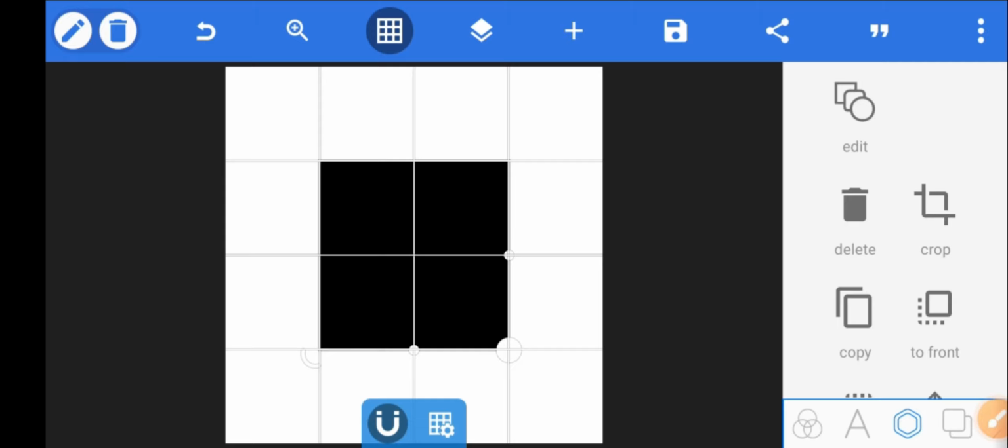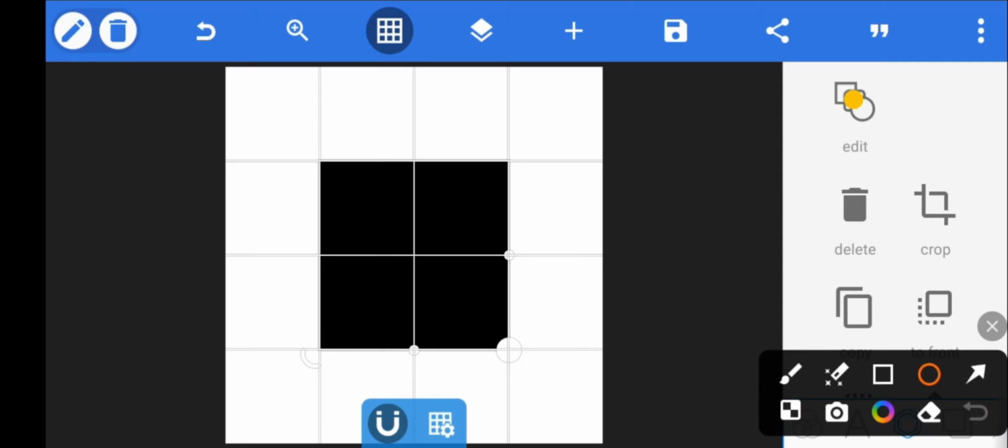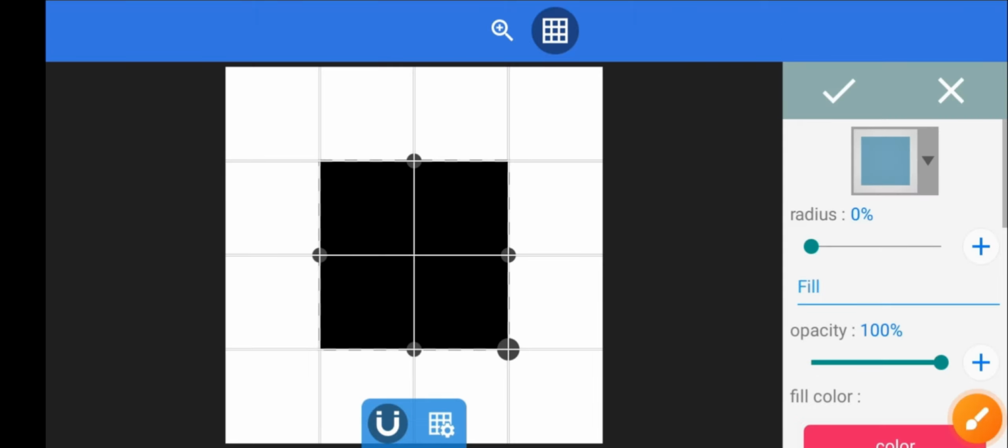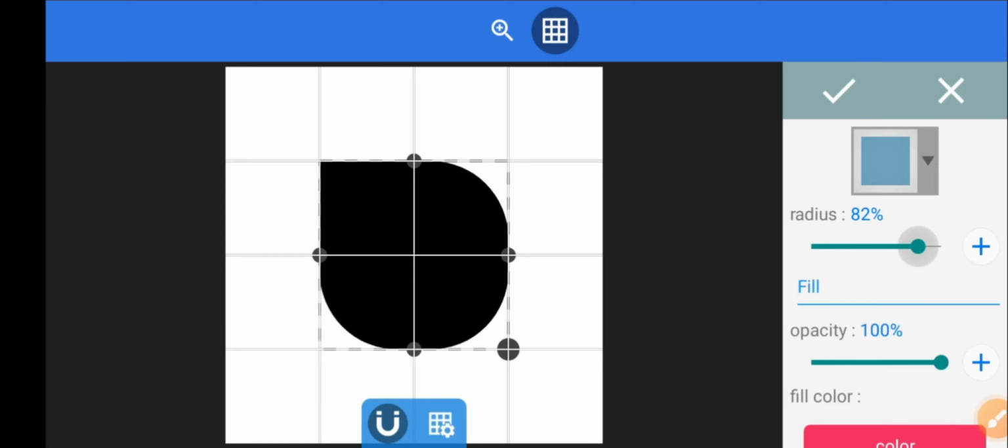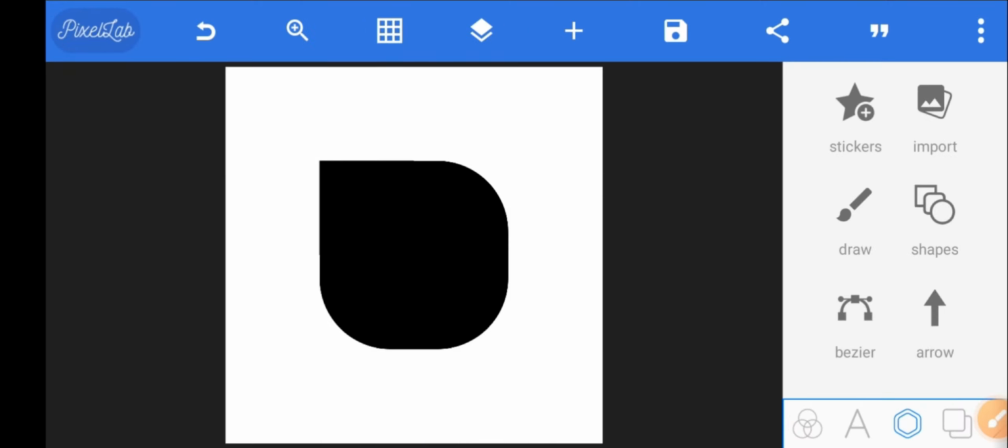Let's go to edit, we'll click on edit over here, edit, then we'll enable the radius. So let's increase all, depending on how you want it to be. But okay, let's leave it around 75. I think 75 is okay. Then mark this good sign. Can you see already? Can you see that even like this we have created another shape, but for the sake